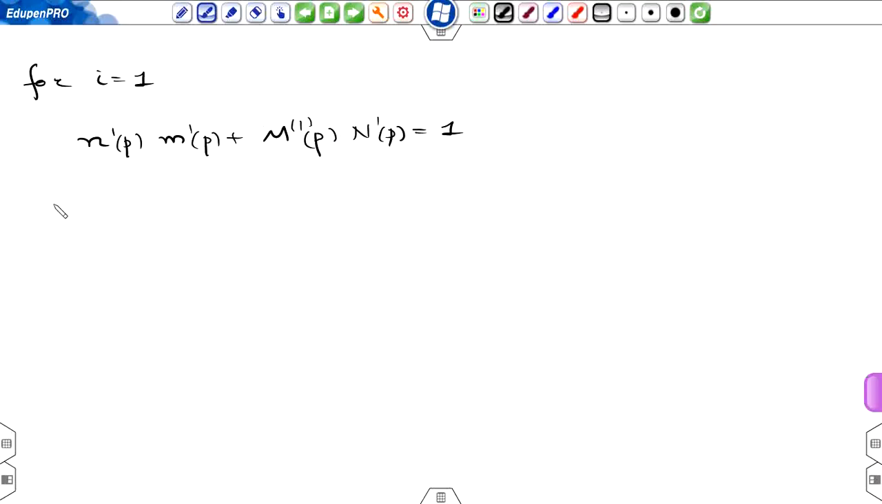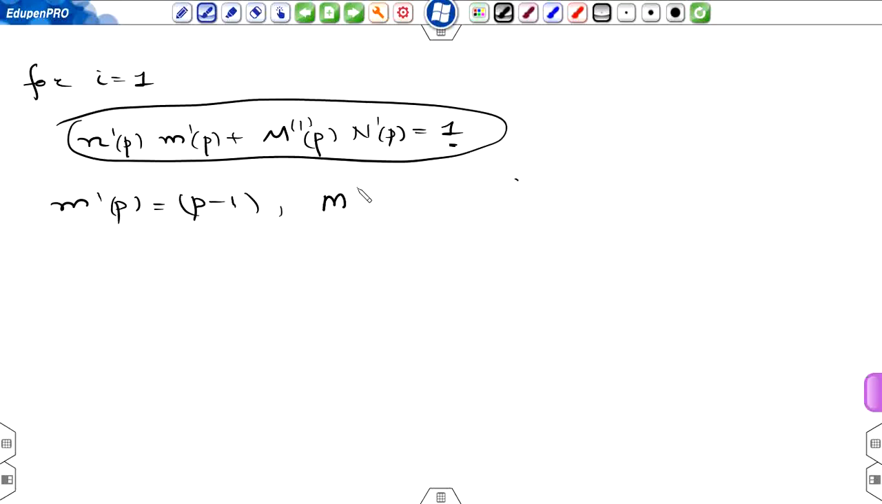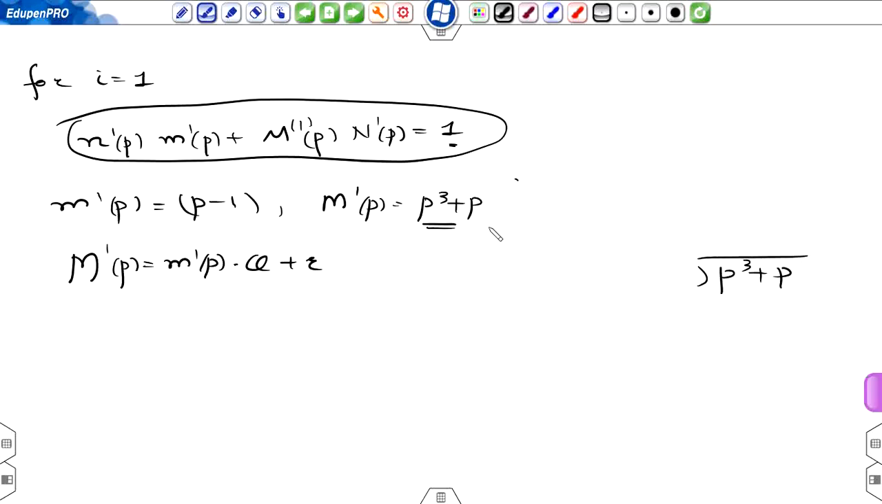and small m1p is p minus 1 and capital M1p is equal to p cube plus p. So I can represent capital M1p is equal to small m1p into quotient plus remainder. For that I have to divide capital M1p, that is p cube plus p, with small m1p, that is p minus 1, so that this will be p square,